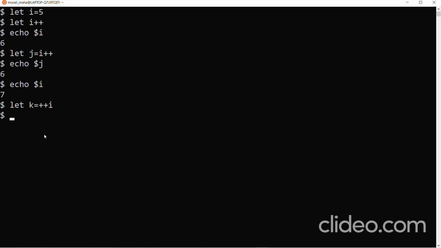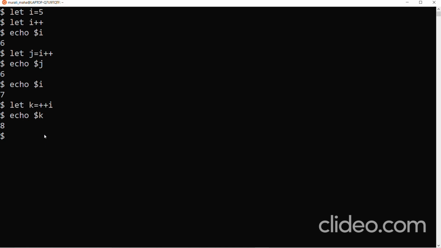The current value of i is 7, so it will become 8, and only then 8 would be assigned to k. Echo $k. 8 is assigned to k. Got it? This is post-incrementing and pre-incrementing, and similarly for post-decrementing and pre-decrementing.